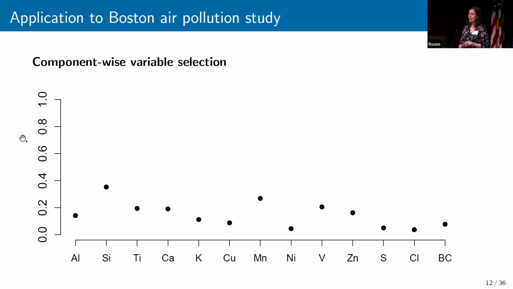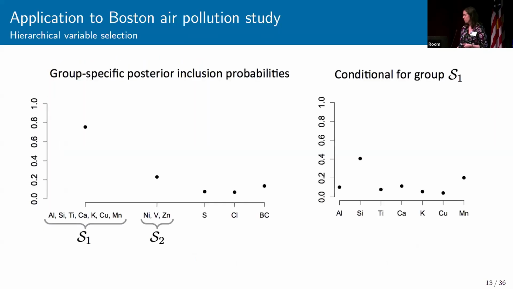And when we look at this, nothing's really jumping out. We're seeing all the posterior inclusion probabilities are below 0.4. And so, it's not really seeming to suggest that there's a really large effect of any of the individual CAPS constituents. But this is where the hierarchical approach can really enable us to potentially account for some of these correlations. And so when we grouped some of the highly correlated exposures together, we got a group-wise posterior inclusion probability of close to 0.8, suggesting more evidence that there's potentially a bad actor within that group.